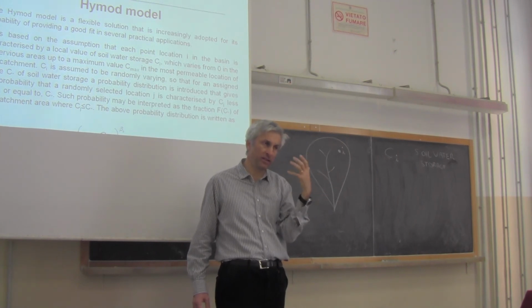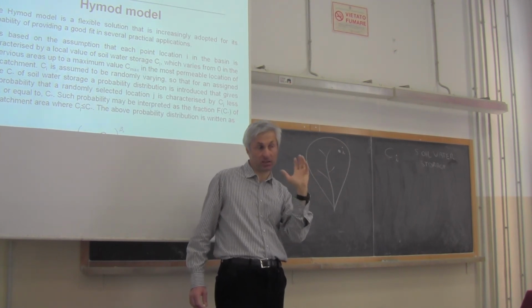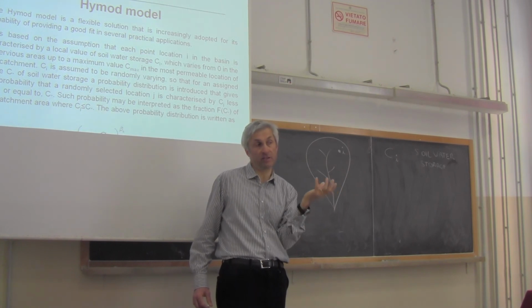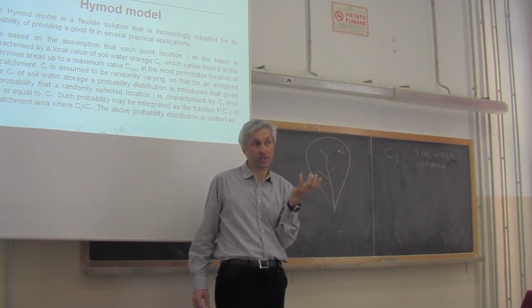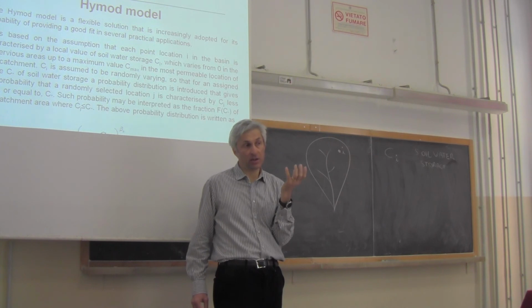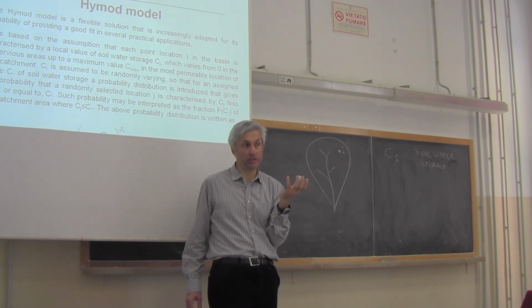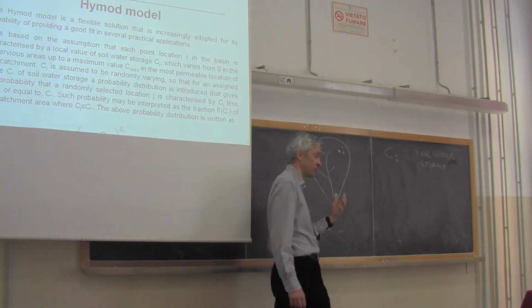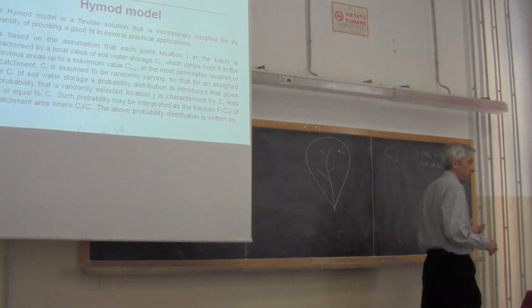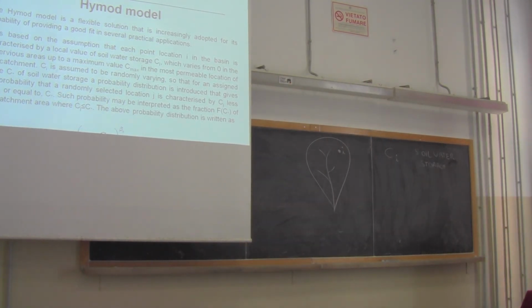So you may think that this is a distributed model because some spatial variability is taken into account. Yes, we start from a concept of spatial distribution, and then you will see that in order to simplify the model, we find a way to express this spatial variability in a line